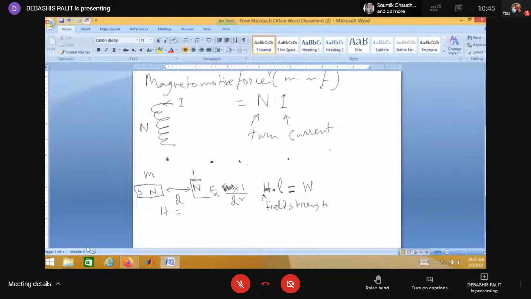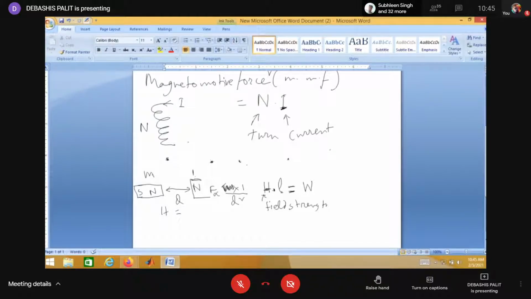So that is the strength of the magnetic field. That force into the distance you are covering is your work done. This work done can be carried out by N into I, this ampere turn, that will cover the